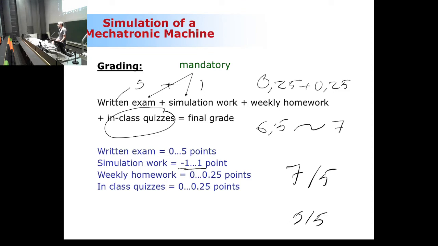So it's very simple. You can just follow my lectures, you can score high, and you can get extra points from in-class quizzes. Weekly homework, same thing. Easily you can get 0.25. And look, it only makes sense to do this together. If you only do in-class quizzes but not weekly homework, it helps not at all. So do both. Then you can get one extra point and you can round it up. So it helps. Easy thing to cover.